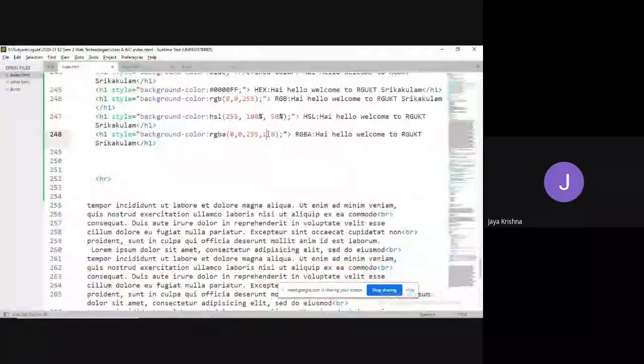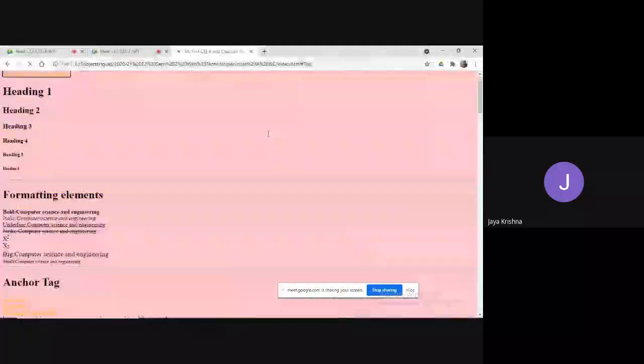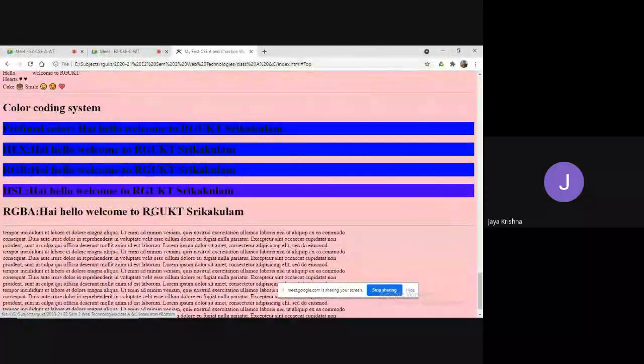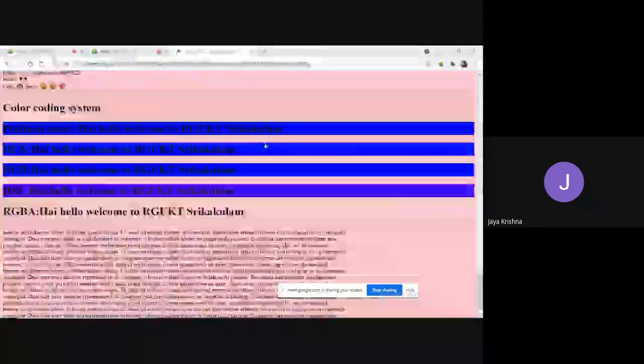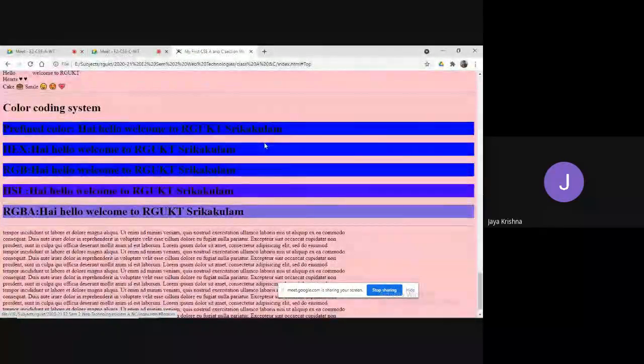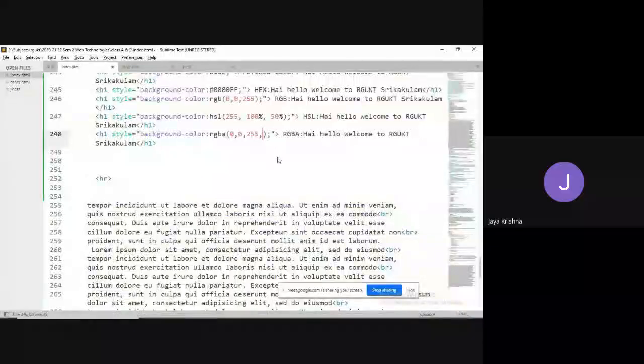Okay, for example, I would like to give it as 0.0. What happened? Complete transparency, right? That color disappeared. If I give 0.5, the color will vary. Observe. So I would like to make all the colors the same. That is why I have taken it as full color, that is 1.0 in RGBA.